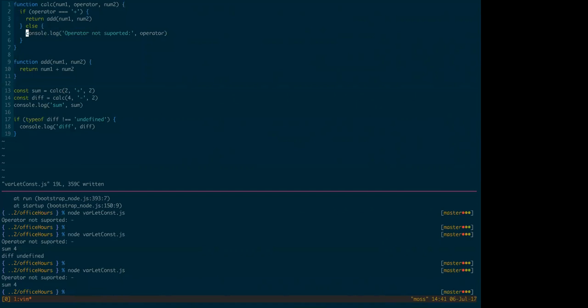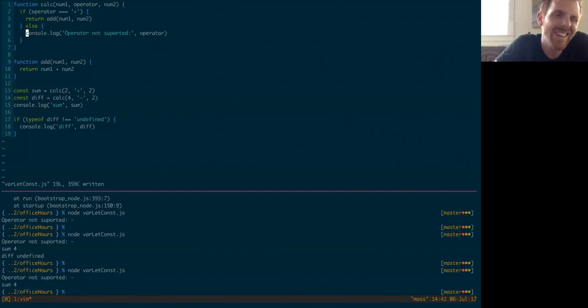The downside is that it's not much better than returning undefined, and it's actually a little bit worse. If I return undefined, undefined is at least false. So I could simplify my if statements to just: if I got something, return it. But that starts to break down if I'm returning a string that represents an error message. The other problem with returning a string to represent an error is that this calc method returns numbers, so it